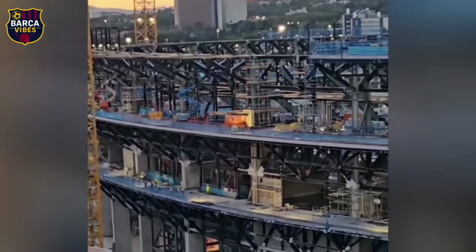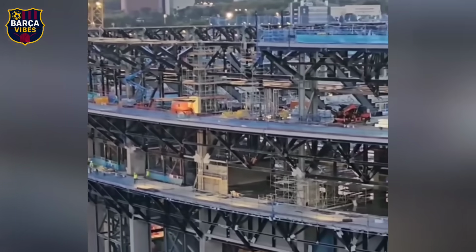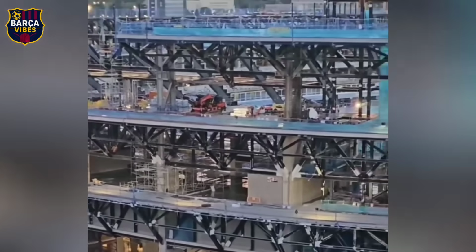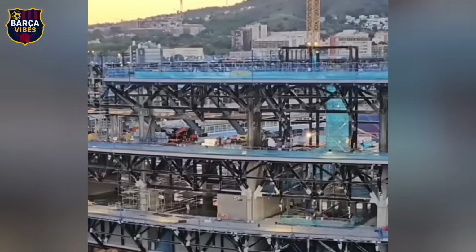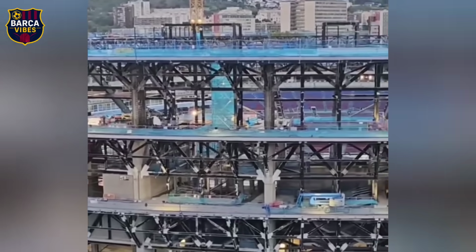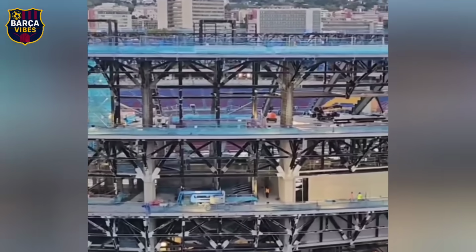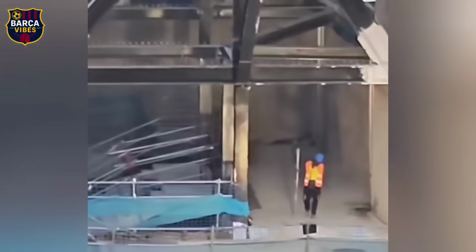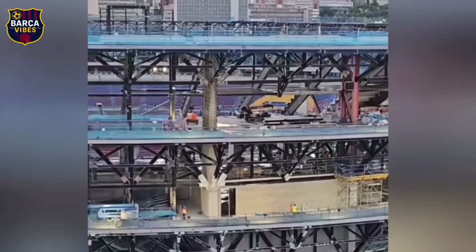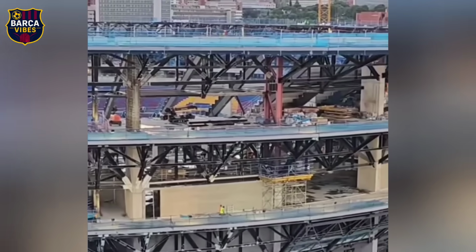The facade is where the Camp Nou's new personality is emerging. And this past week, it's finally gone from skeletal to sculpted. Large sections of prefabricated concrete panels have now been hoisted into place on the main stand's external framework. Each panel is not just cosmetic, it's load-bearing, designed to work in harmony with the steel reinforcements inside the ring